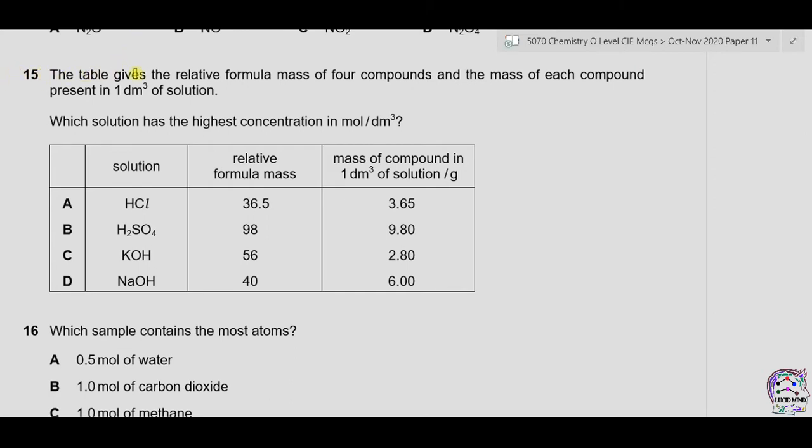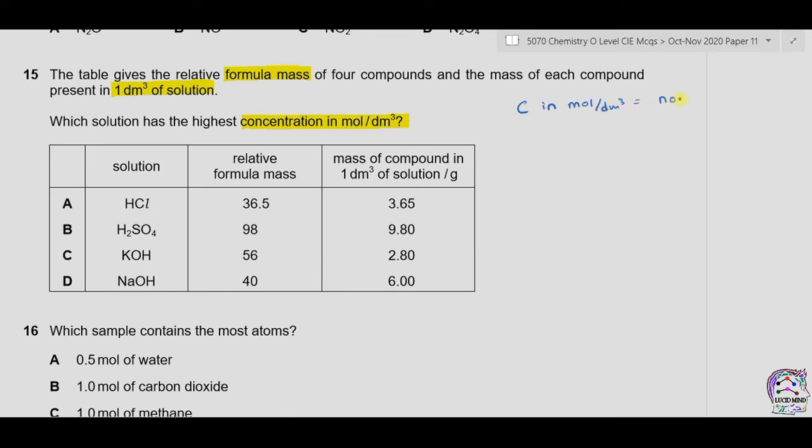Question 15. The table gives the relative formula mass of 4 compounds and the mass of each compound present in 1 decimeter cube of solution. Which solution has the highest concentration in mole per decimeter cube? For concentration in mole per decimeter cube, the formula used is